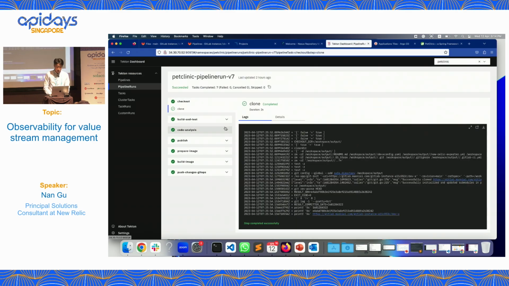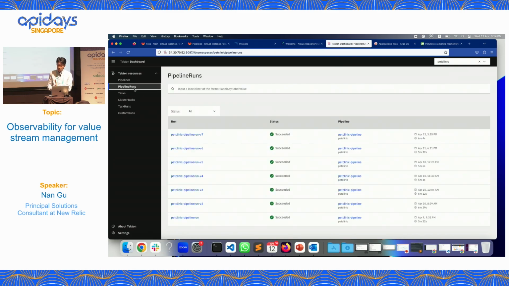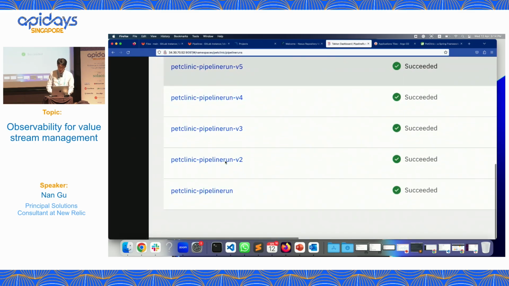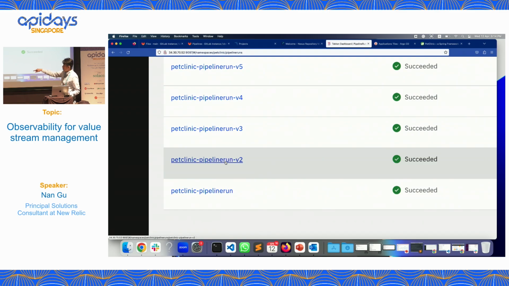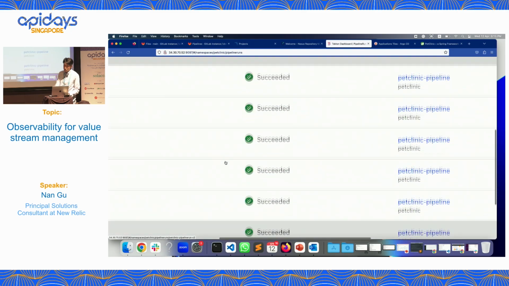I have Tekton. Tekton is more like Jenkins, but much faster. I have deployed a few pipelines. Those are the pipelines which I started running, from version 1 to version 7, with the status and also the pipeline names.